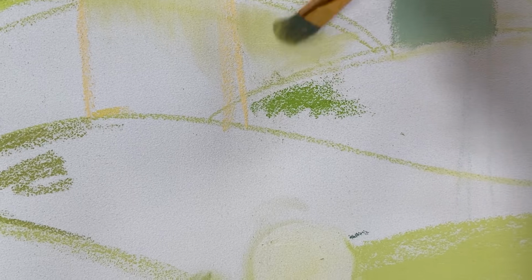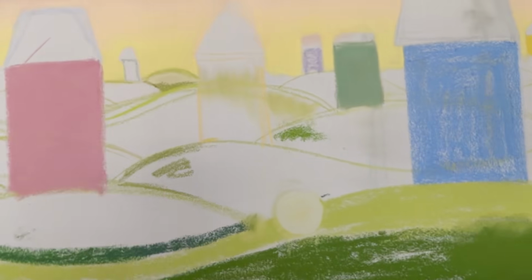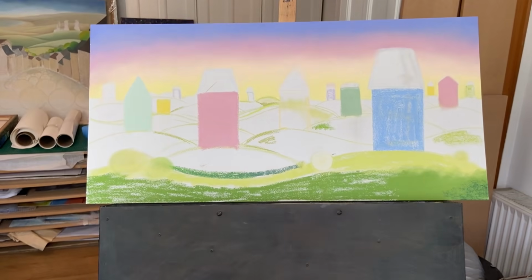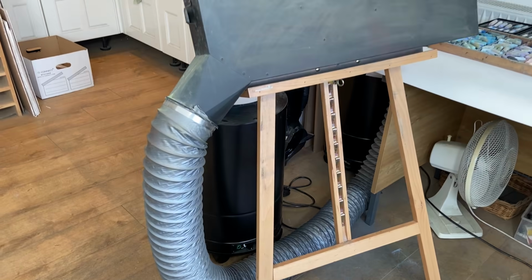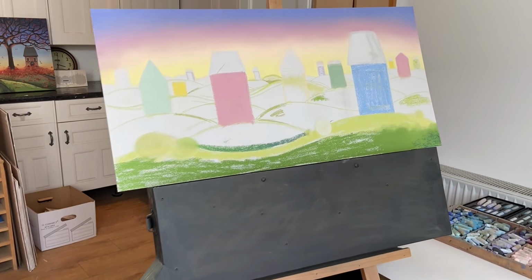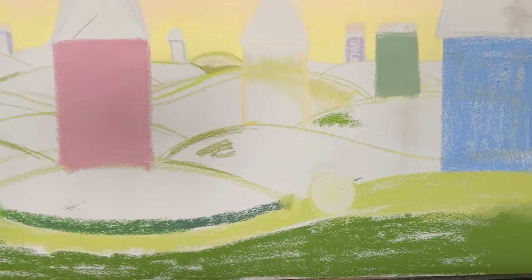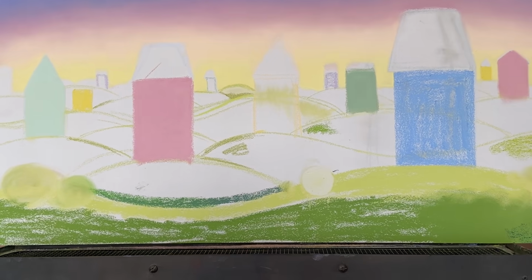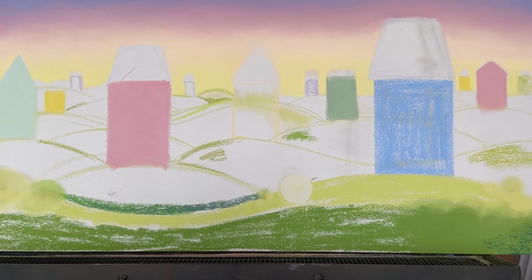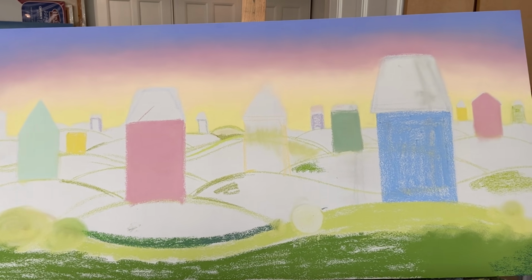Now I work with my board standing upright. So you can see at the moment it's on the easel. That really ugly thing underneath it is the extractor fan that I use to extract all of the dust away. So it falls straight down into there. I know not everybody's going to have the luxury of having an expensive extractor fan to take away the dust under their work. And a lot of people don't have an easel either. So you will tend to work flat